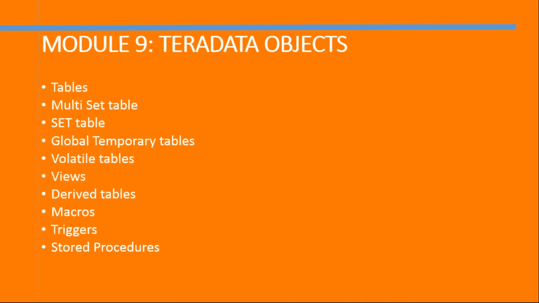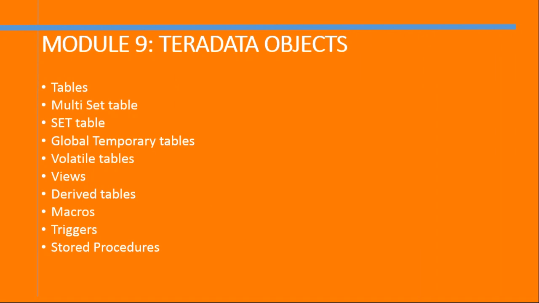Module 9 talks about Teradata objects. This includes Teradata tables and what kind of characteristics we can follow while defining a table: whether we want to allow duplicate rows in a table, or we want to strictly report an error when any duplicate rows come. Also, we are going to look at different kinds of tables: permanent table, global temporary table, volatile table, and also